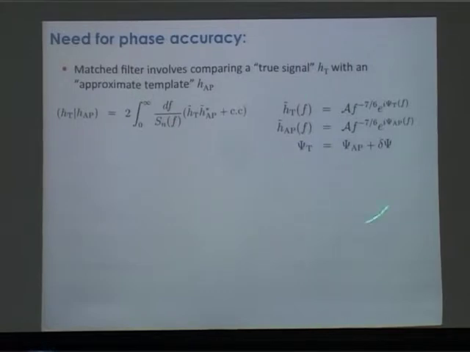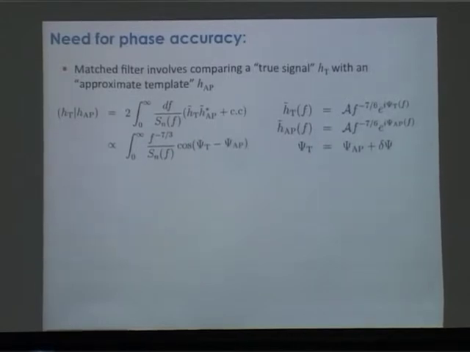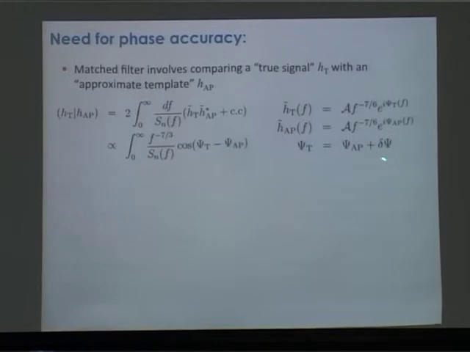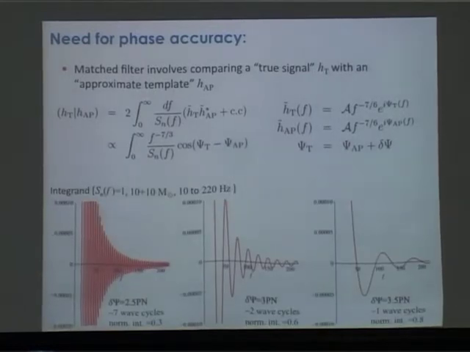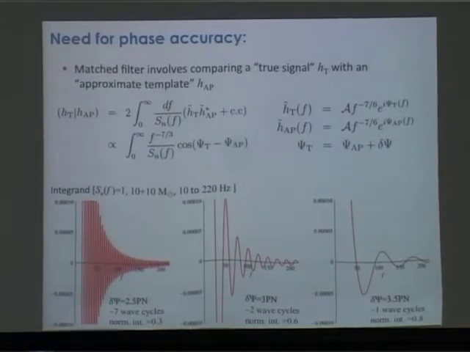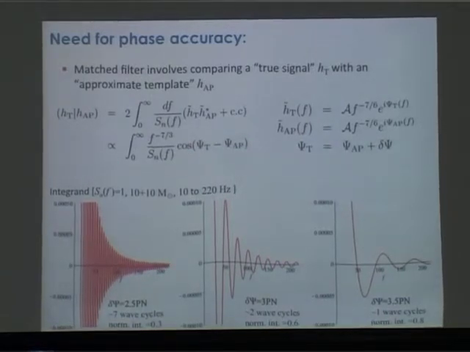So let's take this simple model for the true and approximate waveforms and plug it in. If you do a little bit of algebra, you can see that you end up getting an integral that depends on some amplitude, which is weighted by the noise in your detector, times the cosine of the difference between your true and approximate waveform, essentially a cosine of this unknown piece of your template. Okay? Now let's see what happens when we actually try to compute this integral, but when we don't know the waveform exactly. Let's just ignore what the detector response is and assume it's a constant.